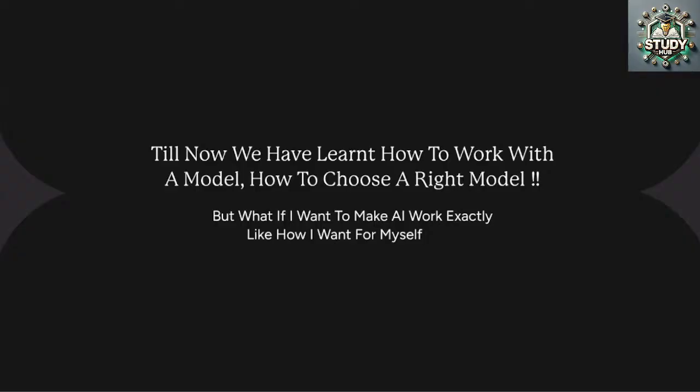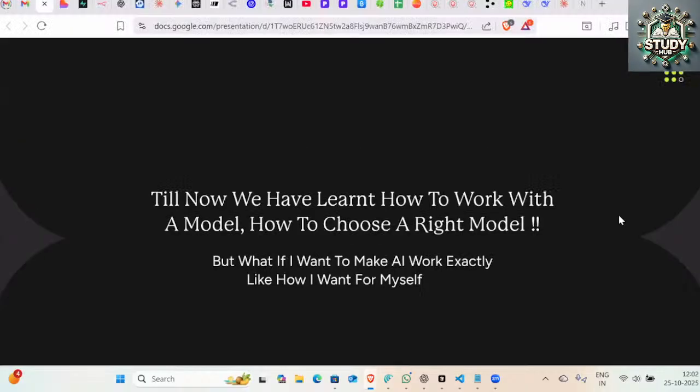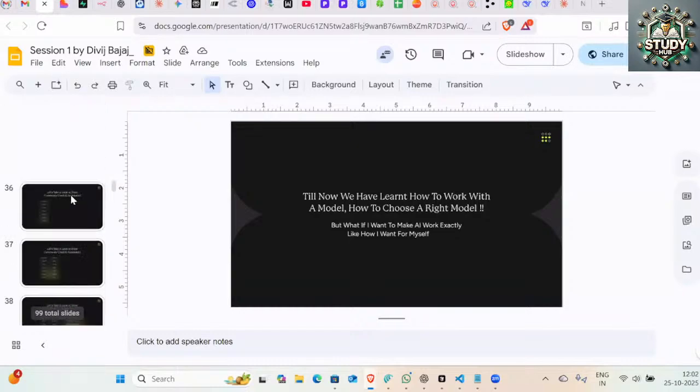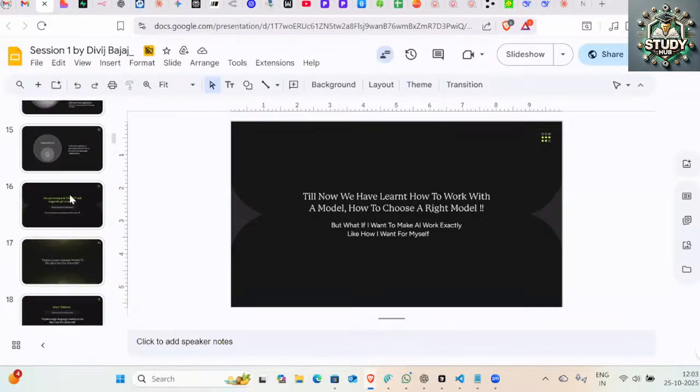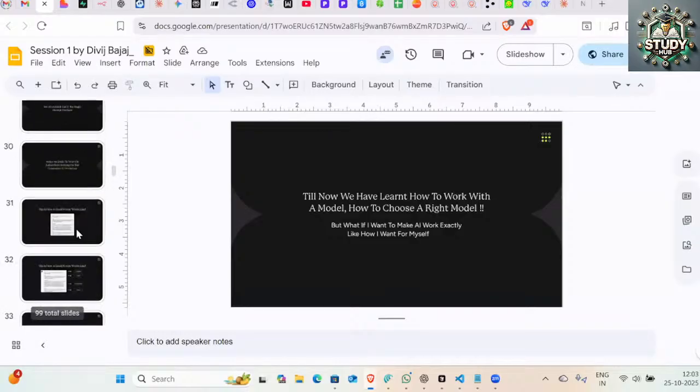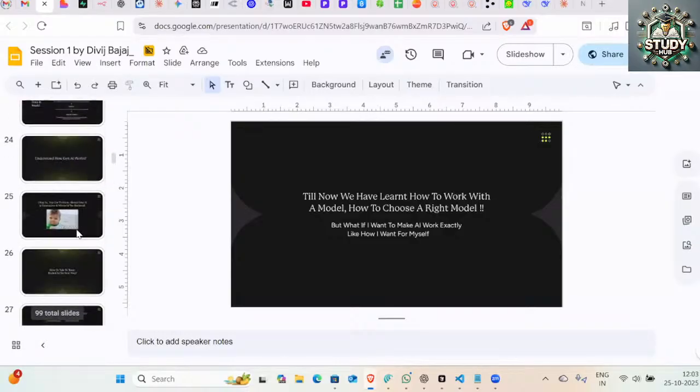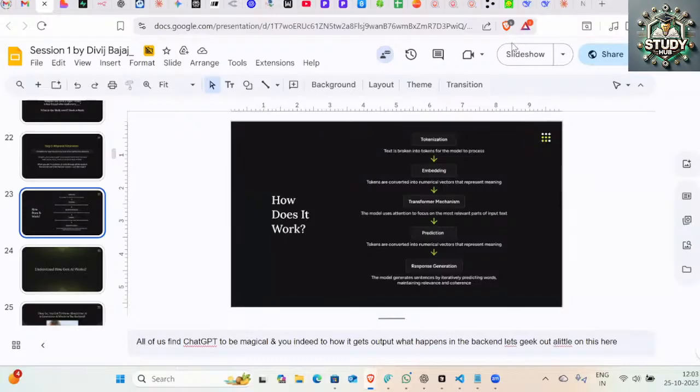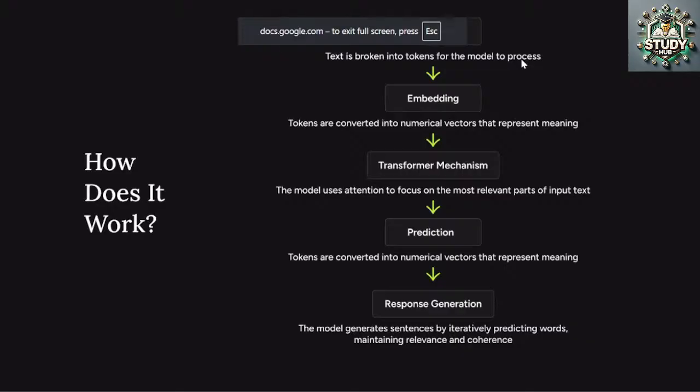Then we saw the five-step process of how the model works. Quickly to summarize, the first step was tokenization, where the model breaks down your input into different tokens. Then you had your embeddings, where the meaning comes into the picture, the meaning of each and every word. Then you have the transformer mechanism, known as self attention. There is a whole science behind it, but since we cannot go into the mathematical details, the significance of self attention is that the model focuses on the part of the input where it has to give more importance.